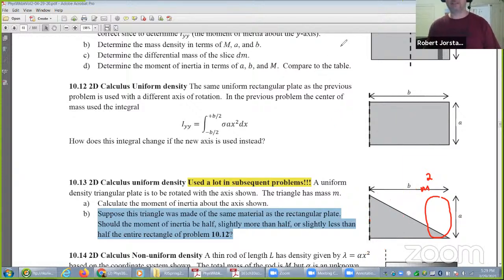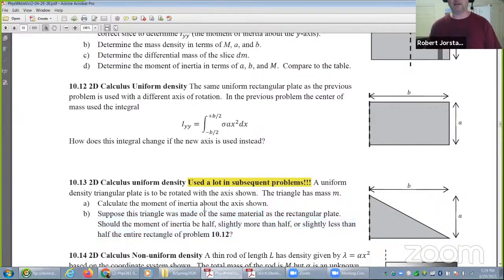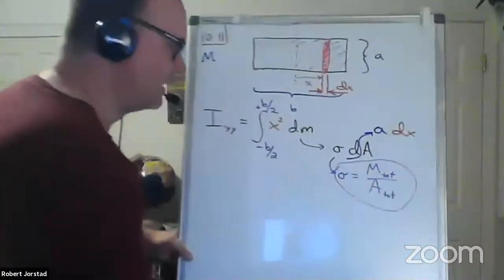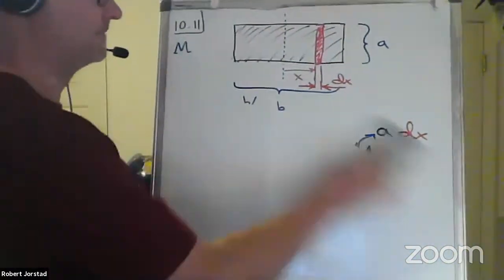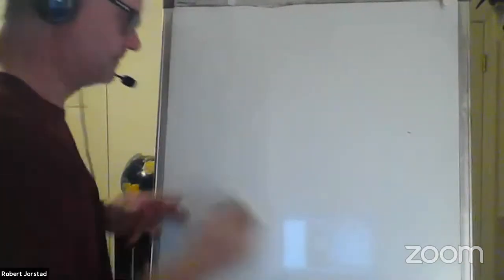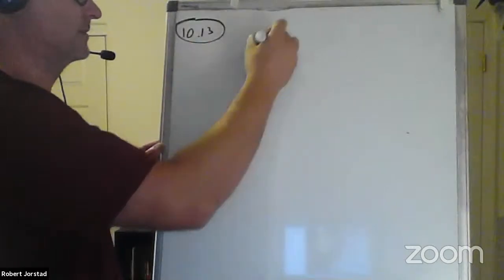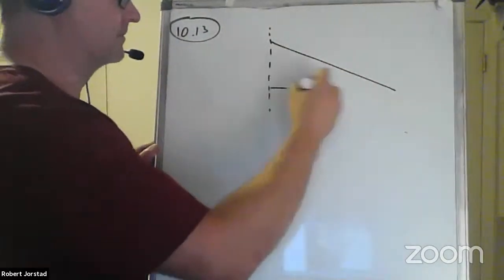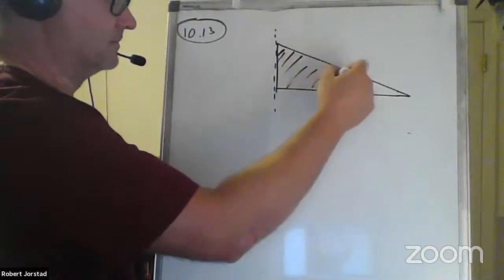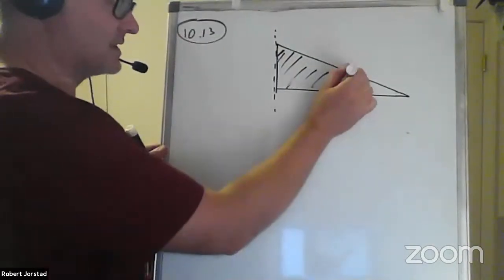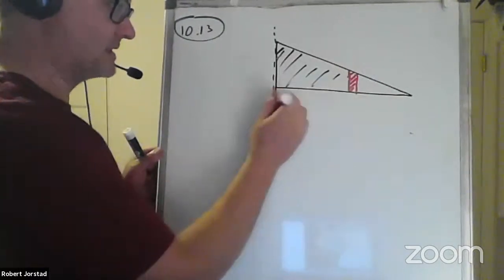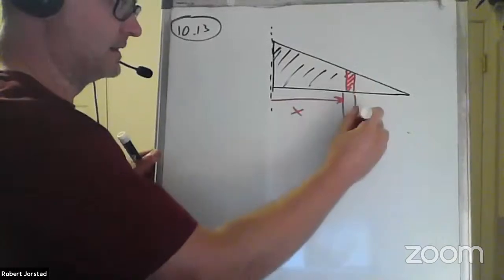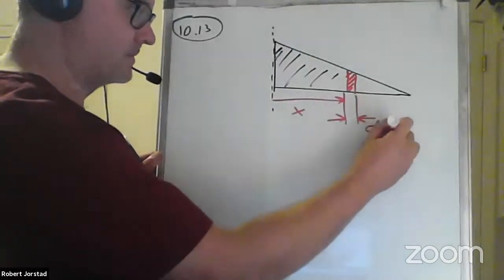All right. So we see that moment of inertia is tricky. So how would you calculate it? It's going to look similar to this integral, but not quite. How would it look different? What is this, 10.13, I think? Yes. The A would be decreasing. Okay, you're ahead of me there, good. Most of it looks the same. The setup looks the same, except for this is x, this distance is dx,